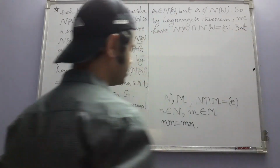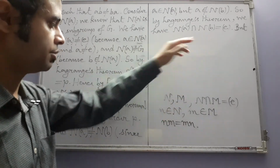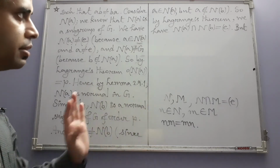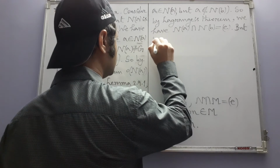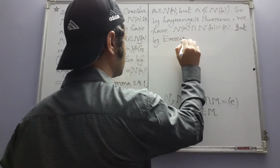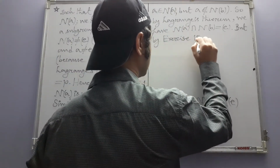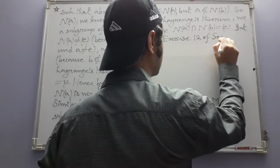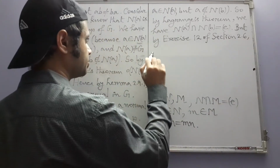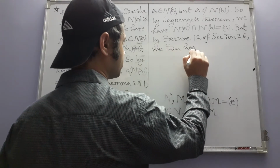Now, can we apply this exercise? What is our N? Our N is N of A and M is N of B. We have shown that both of them are normal and their intersection now is trivial. But by exercise 12 of section 2.6, we then have